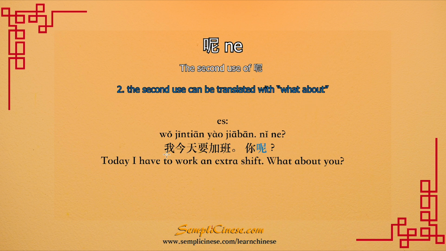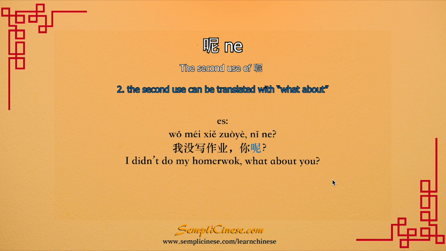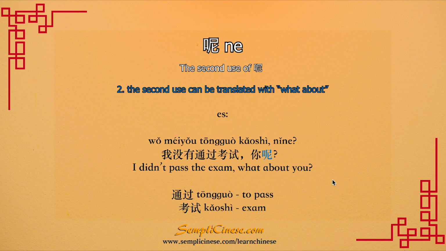What about? For example, 我今天要加班，你呢？Today I have to work an extra shift. 加班 means extra shift, to work an extra shift. 你呢？What about you? Or 我喝啤酒，你呢？I drink a beer. What about you? Or 我没写作业，你呢？I didn't do my homework. What about you? Or 我没有通过考试，你呢？I didn't pass the exam. What about you? 通过 means to pass and 考试 means exam. So 我没有通过考试，你呢？